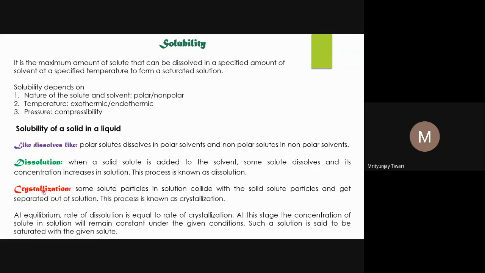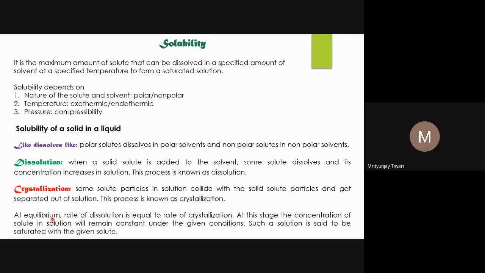Crystallization, as I have explained just now, is opposite to dissolution. So if you add more and more particles, what will happen? It is not that the solute you have added will not go into the solution phase. It will go into the solution phase, but the reverse process will also happen. What is that reverse process? Some solute particles will collide with each other in the solution, because the particles move in the solution, and while colliding they will cling to each other, and that is why they will crystallize. So at one place dissolution will happen, and at another place crystallization will happen. Crystallization is the opposite of the dissolution of a solid into a liquid.